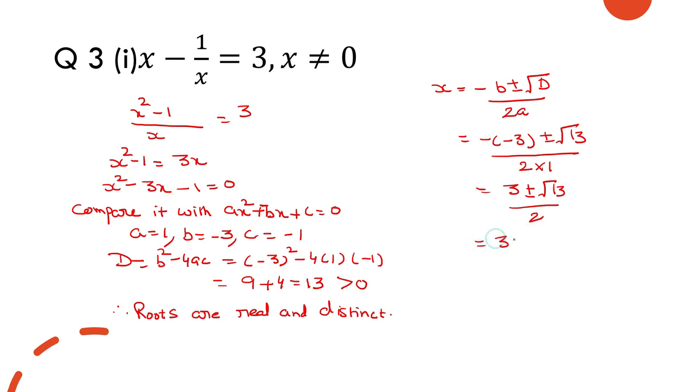बेटा, एक बार प्लस का साइन लेंगे, 3 plus root 13 by 2 और सेकेंड टाइम नेगेटिव साइन, 3 minus root 13 by 2. तो आपको इन क्वेश्चंस के बाद ये समझ आ गया होगा why we need quadratic formula, because it's not possible to factorize every time. ठीक है. और सेकेंडली क्वाड्रेटिक फॉर्मूला में डिस्क्रिमिनेंट से हम नेचर ऑफ रूट्स भी बता सकते हैं. यही आज की हमारी मेन लर्निंग आउटकम थी. Why we need quadratic formula and how to solve the equation using quadratic formula, and what is the importance of discriminant in our quadratic formula.